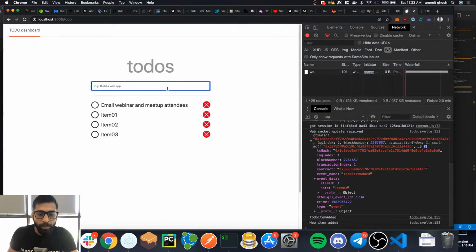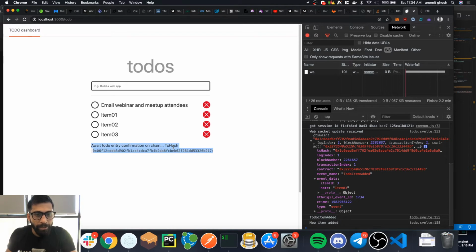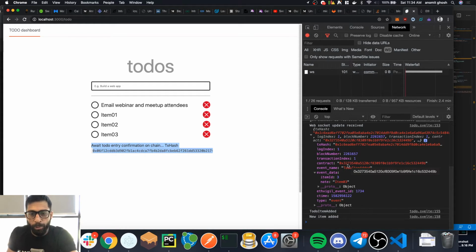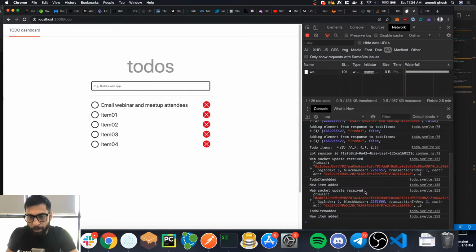So let's try it once more and see how the effect can look like. Once you enter, I have a check whether there is a pending transaction, so I render the same on the front end, and only when the corresponding WebSocket upload comes through, I make sure that that gets cleared out. So just waiting for the next WebSocket upload. Yeah, so a new WebSocket upload came in against this item 04. You could see how the pending transaction was removed, that waiting message got removed automatically,